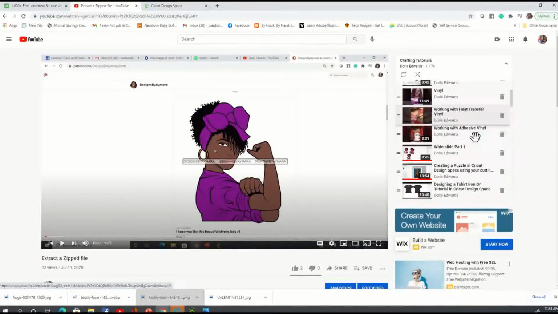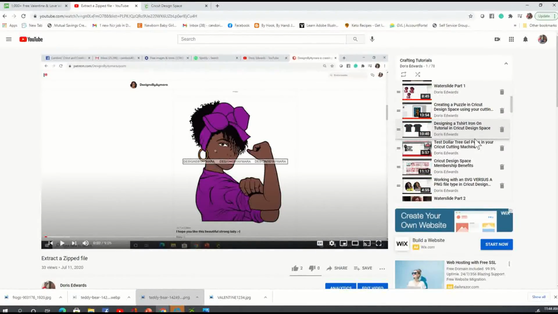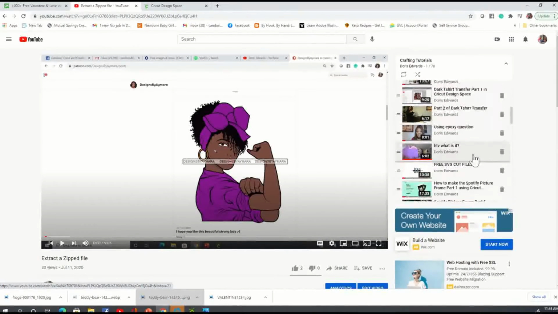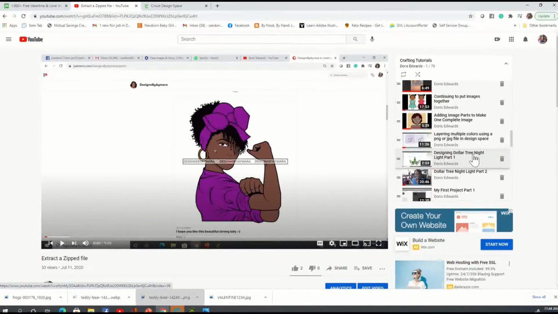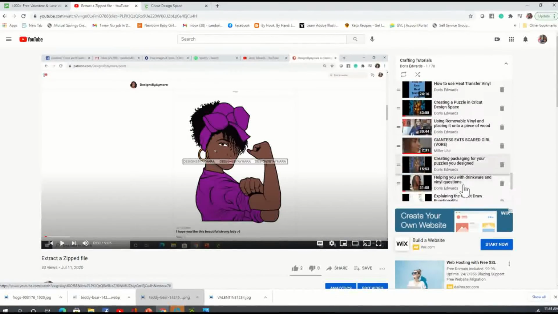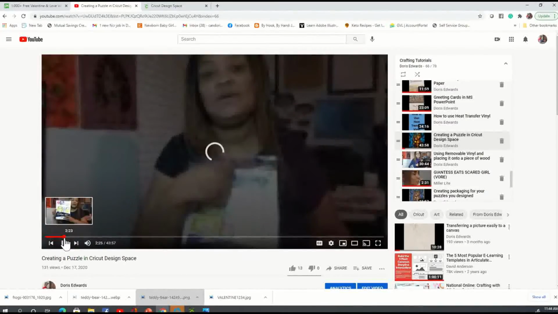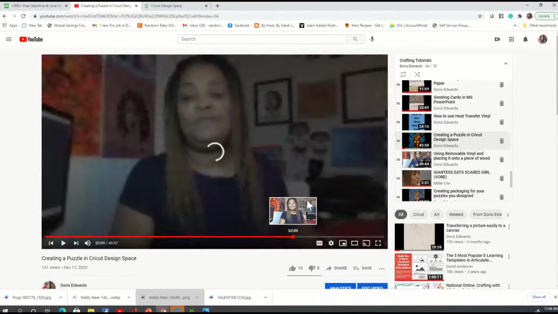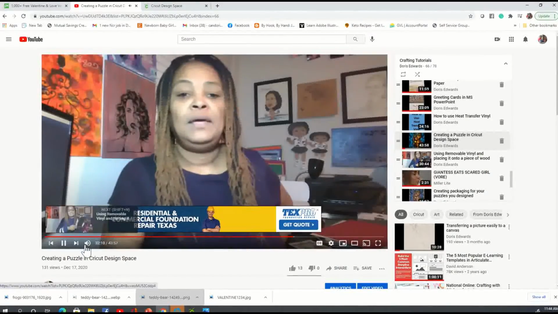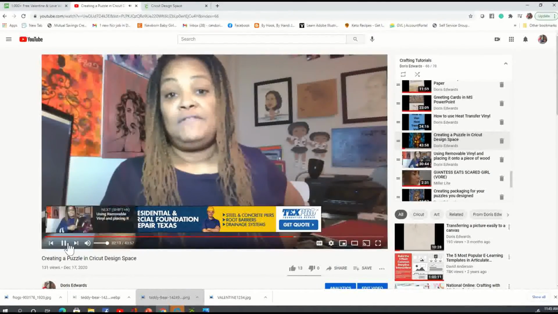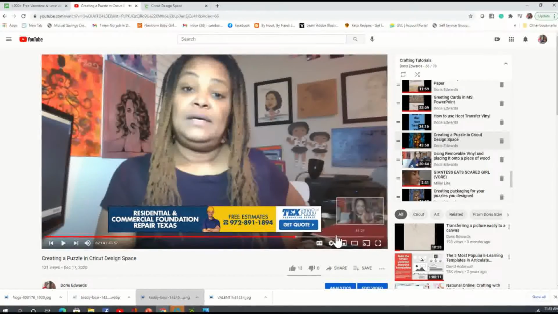And I think it's going to be this one, creating a puzzle in Cricut Design Space. It's 43 minutes and 58 seconds. But again, once you click on it, then you can actually scroll through by dragging this over so that you can get to the part where I walk through the complete process on creating the puzzle, and that keeps you from having to watch this entire video all over again. So I just want to point that out